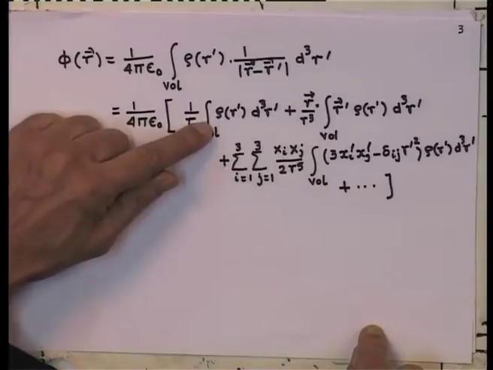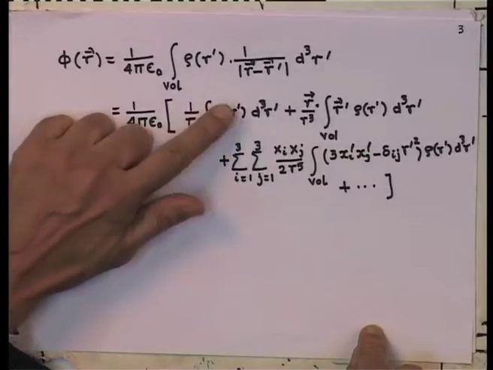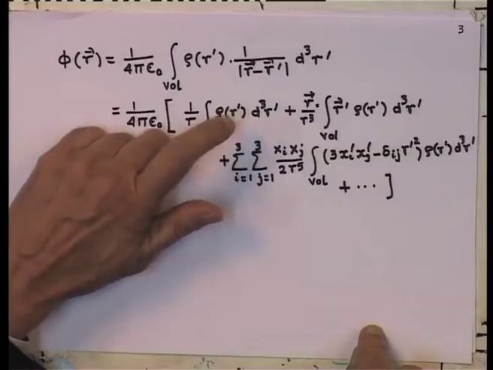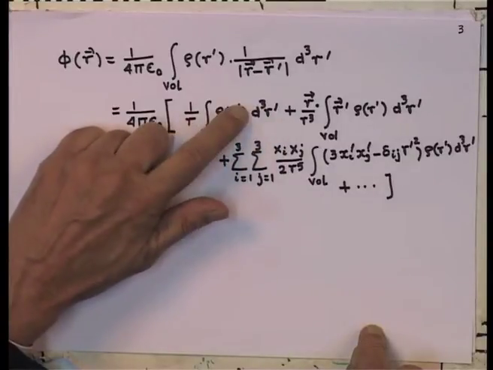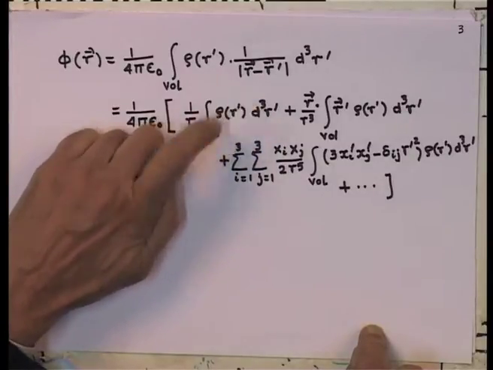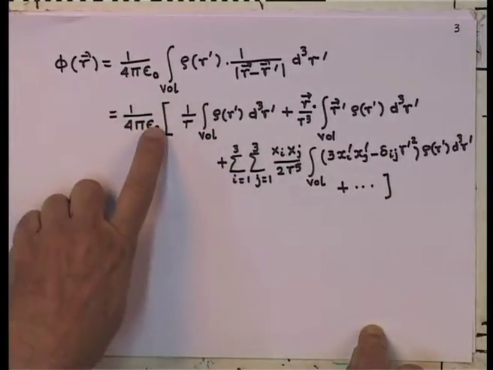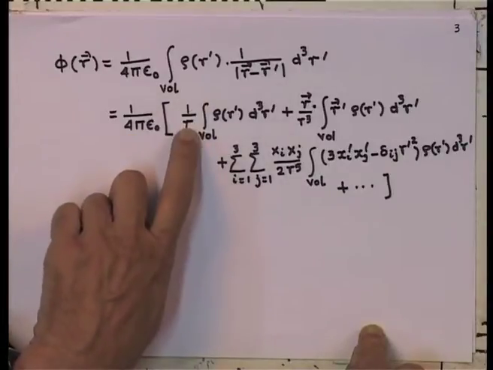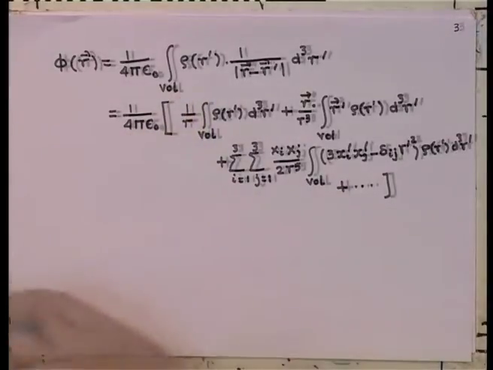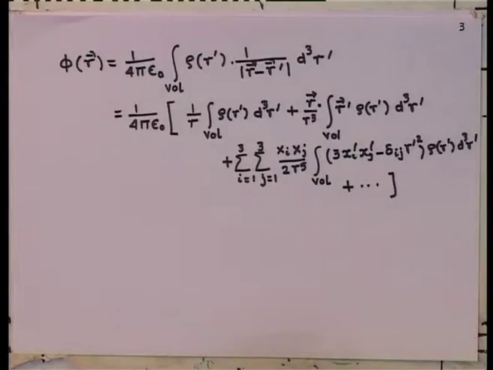Now, if you look at the first term, you notice that the integration is simply a charge density integrated, which means this is nothing but the charge q. So, other than 1 over 4 pi epsilon 0, the first term simply gives you q over r, where q is the total amount of charge contained in that volume. Now, this, if you recall, is nothing but the potential due to a point charge at an external point.